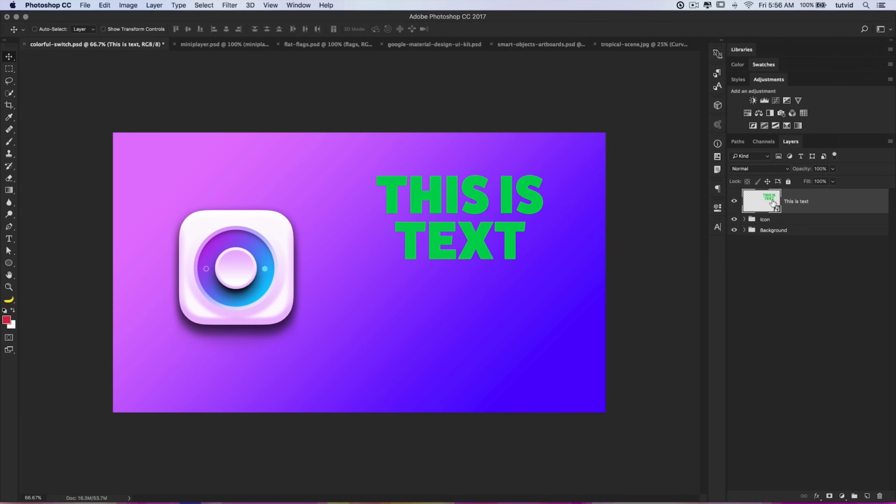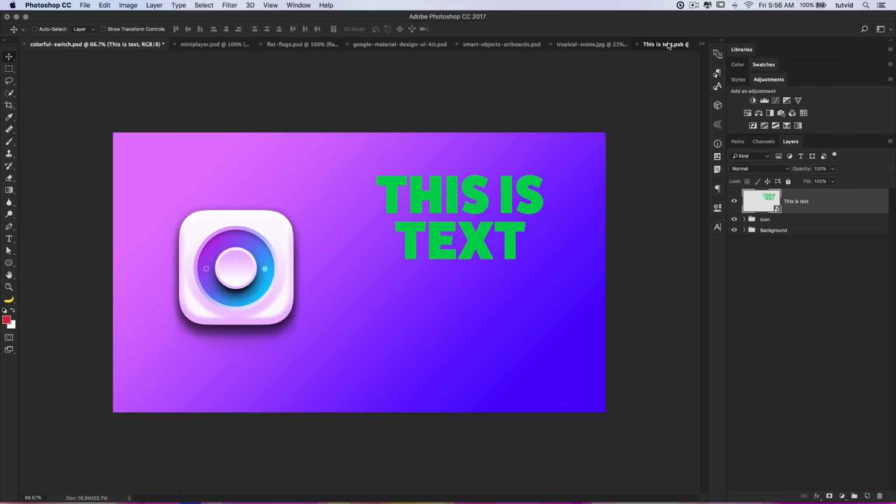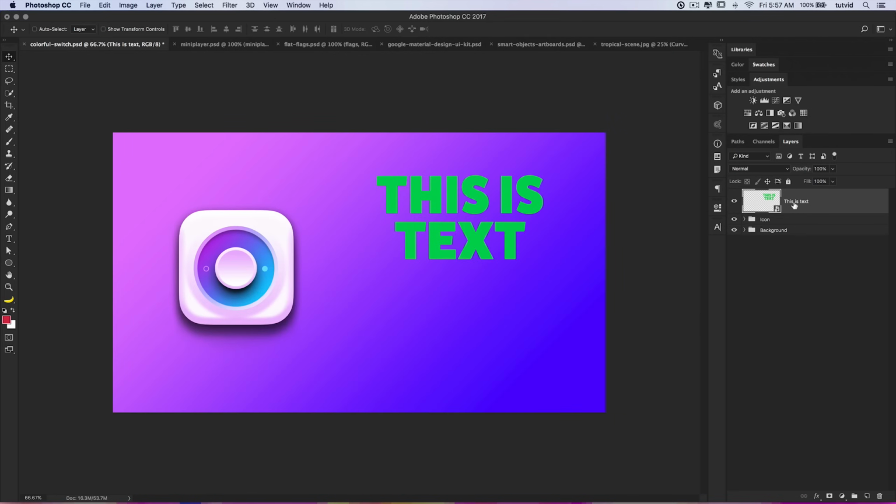Well, if I double-click on my smart object, notice it's not live text, but if I double-click on my smart object, I open up a new document. This is text.psb. It's a new Photoshop file that's working within this Photoshop file, and you can see in here is our live text layer. So the smart object is kind of just like a gift wrapping that wraps around your layer,